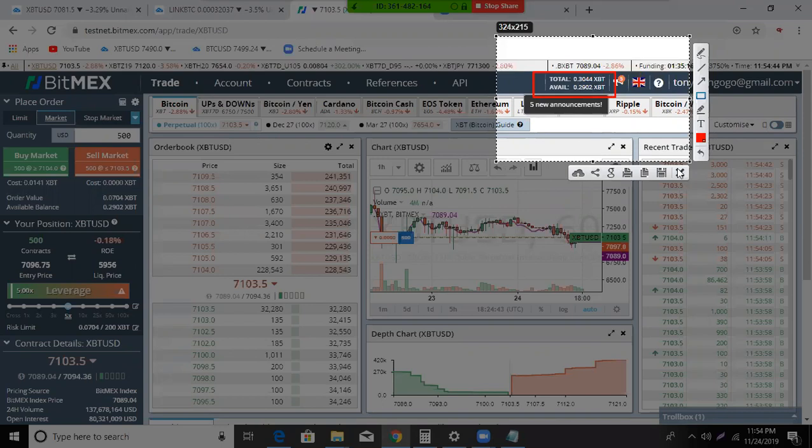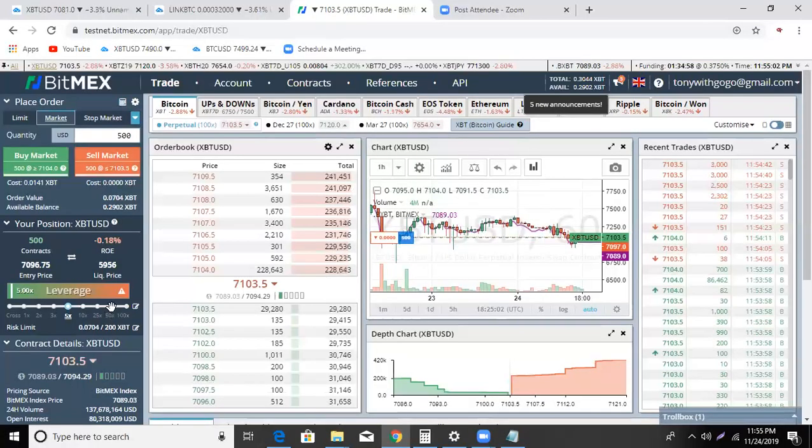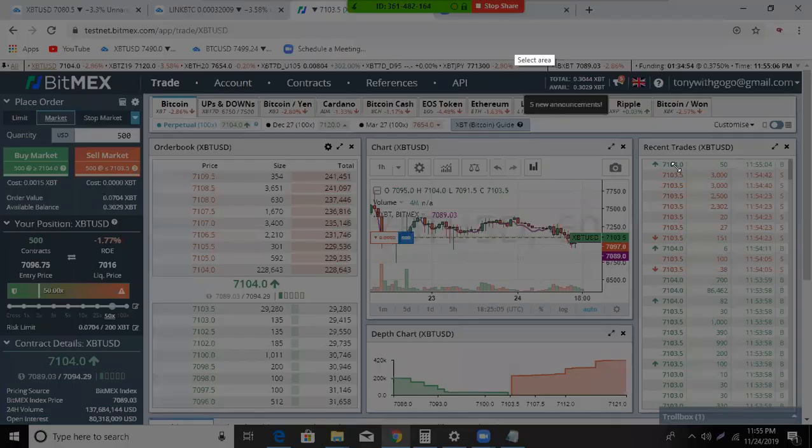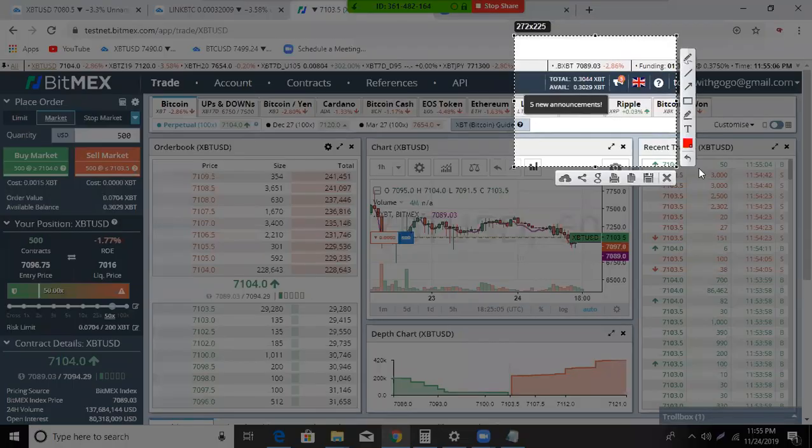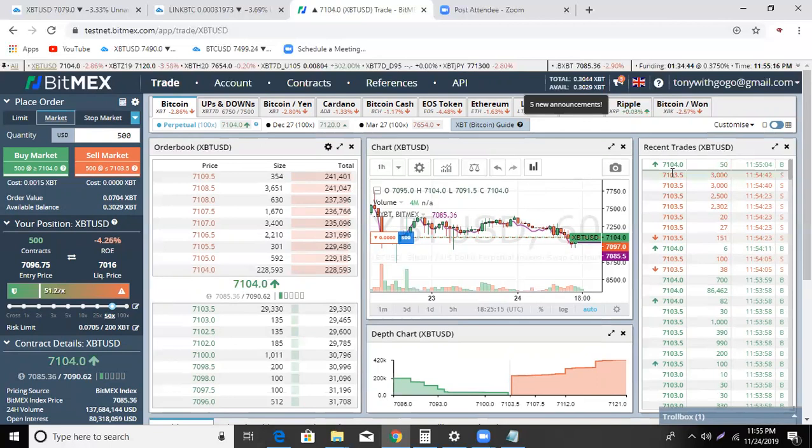Now let me change the leverage. I'm just changing the leverage. I'm taking it to 50x. What? My available balance has changed. All of a sudden, I got a lot of BTC. It's not like that. It's just the position size. Leverage is nothing. Leverage is just a loan you take from exchange, and it really does not matter at all. This ROE really does not matter at all. Okay. So everything that matters is your order value. So what you just need to